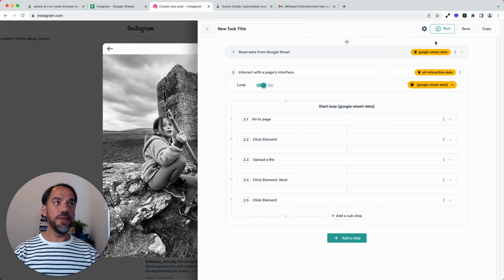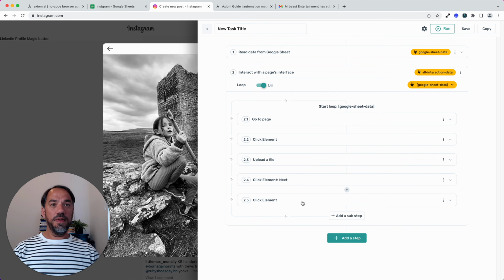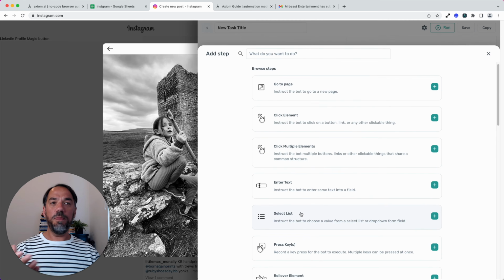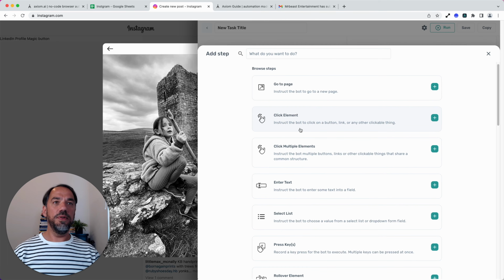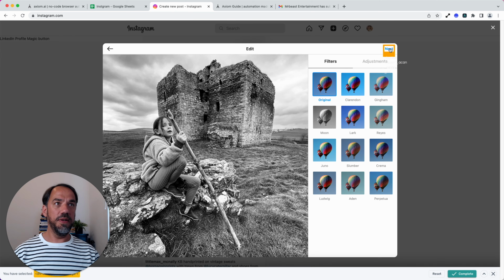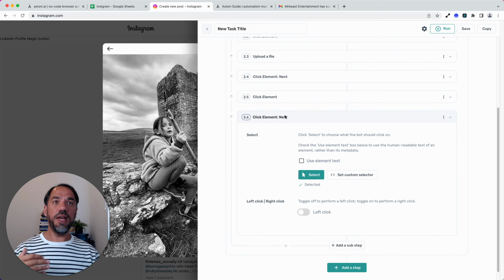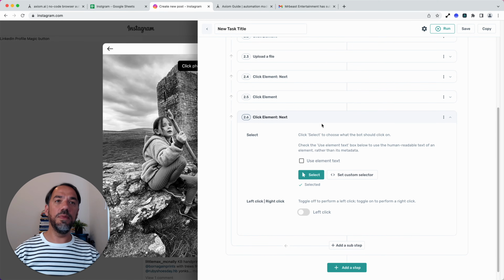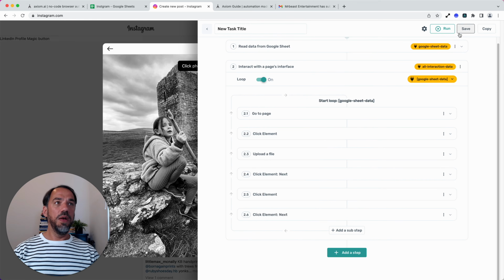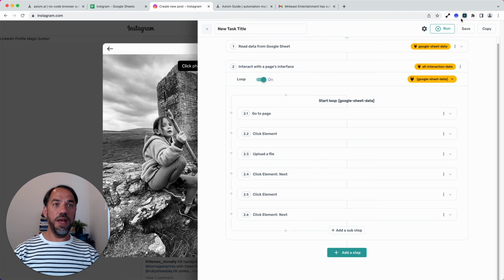Okay, so now the bot's clicked the element. What we need to do is click next up here again. So again, we just add another click element, and this bot will be finished literally in a minute or two if I don't talk too much. I'm going to select next, and you get to see how quickly you can start to build bots and tailor these steps into your custom workflows. It's pretty cool. Okay, so now we've got onto the next screen where we're just going to input our caption,